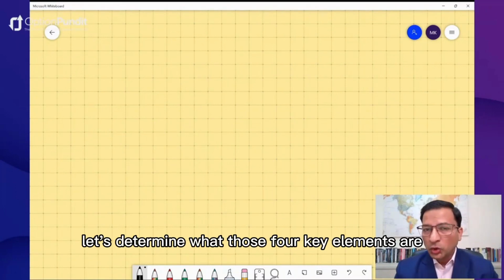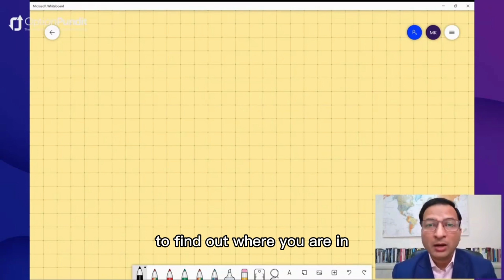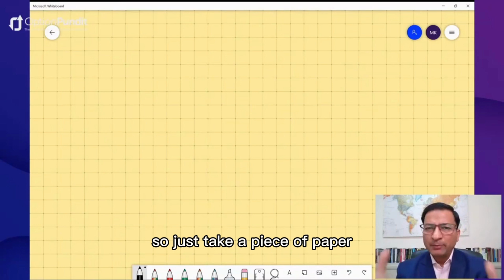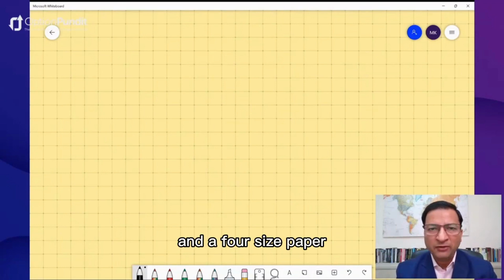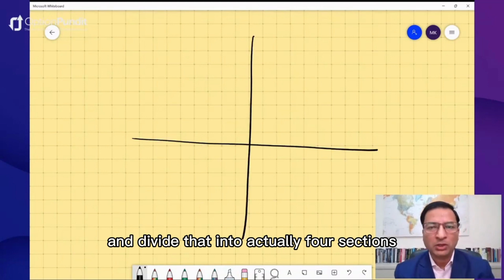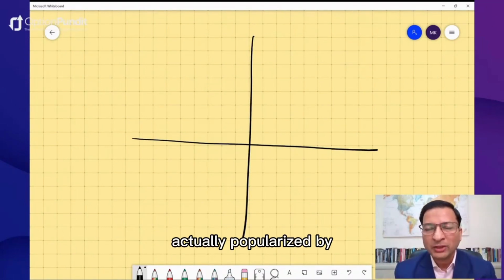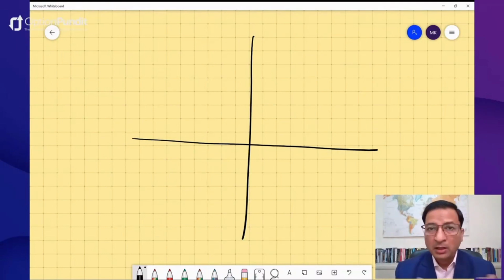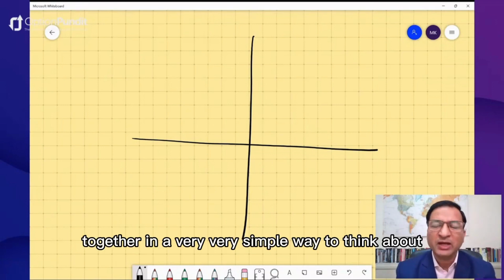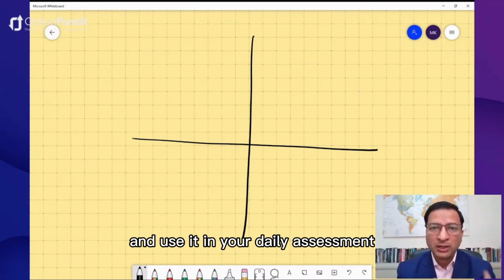Let's determine what those four key elements are that will help you to find out where you are in your journey that you are about to begin. So just take a piece of A4 size paper and divide that into four sections. The thing which I'm going to show you was actually popularized by Robert Kiyosaki in his Cash Flow, but I will just put it together in a very, very simple way to think about and use